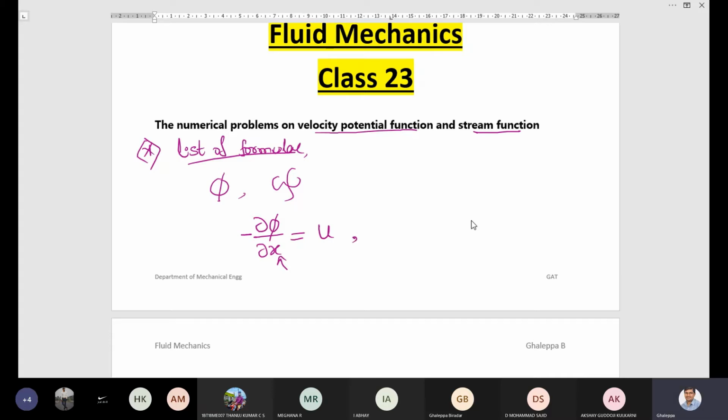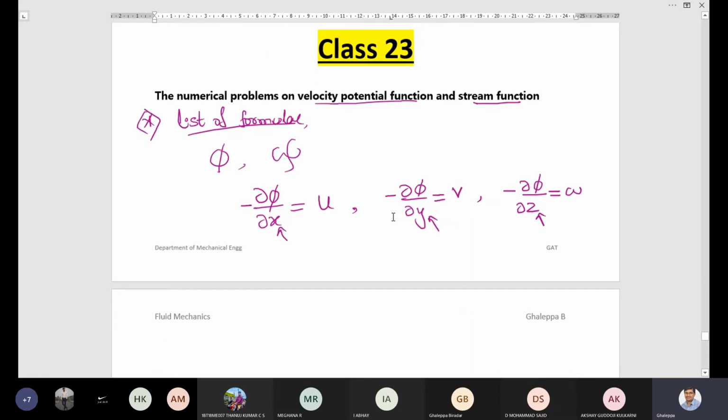Similarly, for y direction, the negative derivative of the velocity potential function with respect to y is equal to the velocity component in y direction, which is v. And similarly, the negative derivative of the velocity potential function with respect to z direction is the velocity component in z direction, that is omega. So these are three formulas. The next is